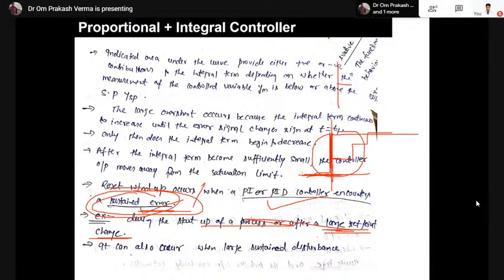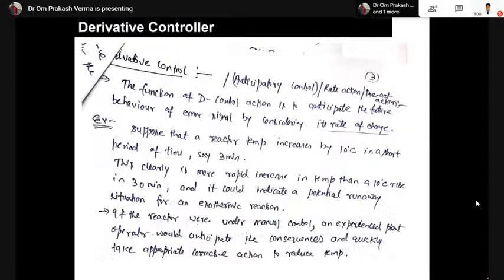Such type of problem may be avoided with the help of such an arrangement. Now one more interesting controller is here: the derivative controller. As the integral controller is known as the reset or the floating controller,